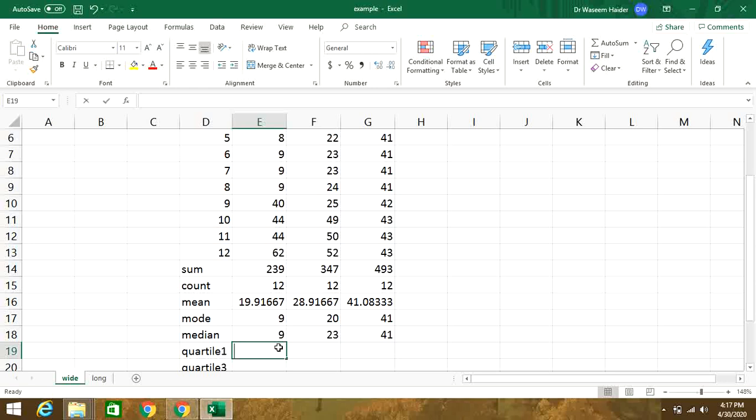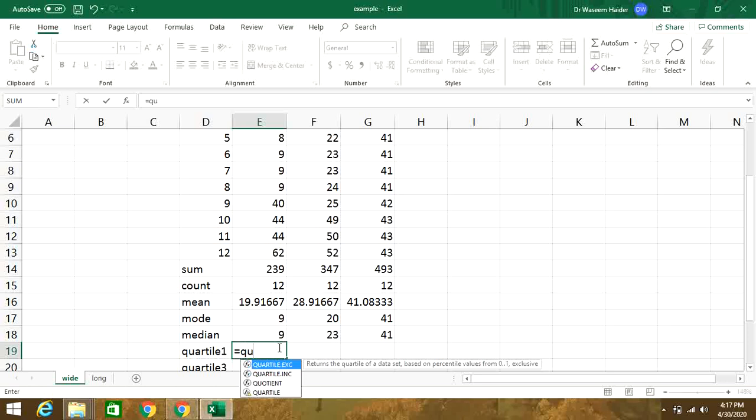Quartile 1: the function is, we are writing the functions with their name. This is called a function call. So we can go with quartile, and I can go with the older previous one. We can take the array, these numbers, E2 to